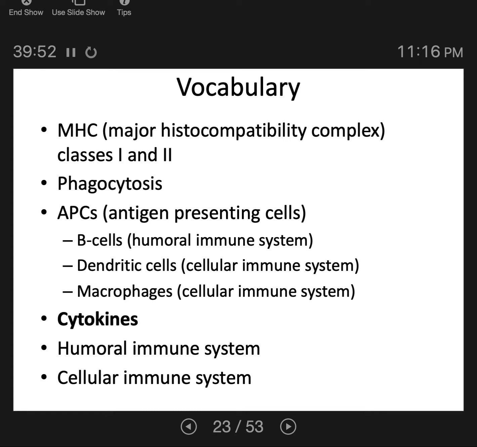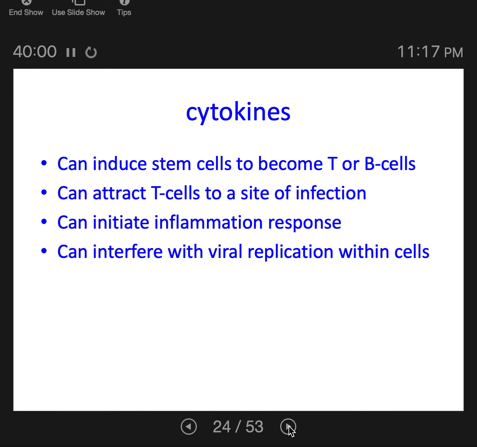Almost all white blood cells can produce cytokines, and they allow the different white blood cells to talk to each other, to activate each other. So they're just the communication molecules of the immune system. So here's some things that cytokines can do. Cytokines are extremely diverse. So this is not an exhaustive list of functions, but these are just a few styles of cytokines that I would like you to know, because we'll keep coming back to them in the innate immune system and in the microbiome chapter.